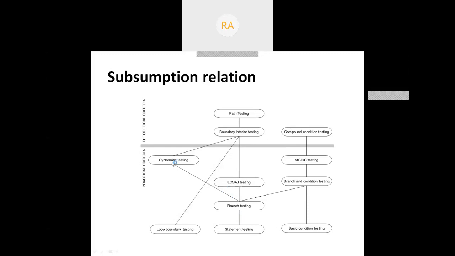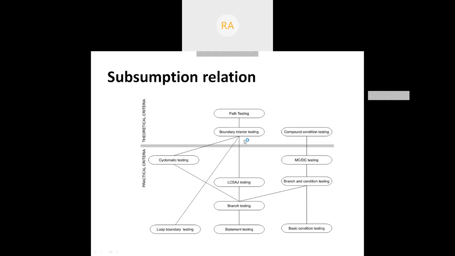That is, path testing will also carry out boundary interior testing. What I can say is path testing subsumes boundary interior testing. If you are performing MCDC testing, modified condition decision coverage testing, then indirectly you are performing branch and condition testing. This is how MCDC testing subsumes branch and condition testing.